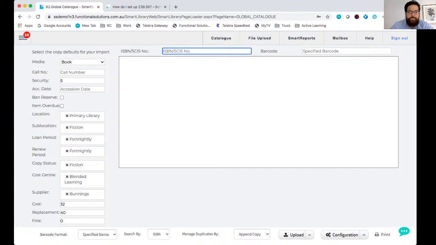The way that we control this screen is we work from left to right. This section on the left hand side of the screen is what's going to set all of the copy information for the books that you are about to scan. So instead of having to scan all the information and then go to catalog and set that this book is going to be in this location and this sublocation and have this loan period, etc., we do that before we scan the book. So we tell the system, everything that I'm about to scan is going to go into